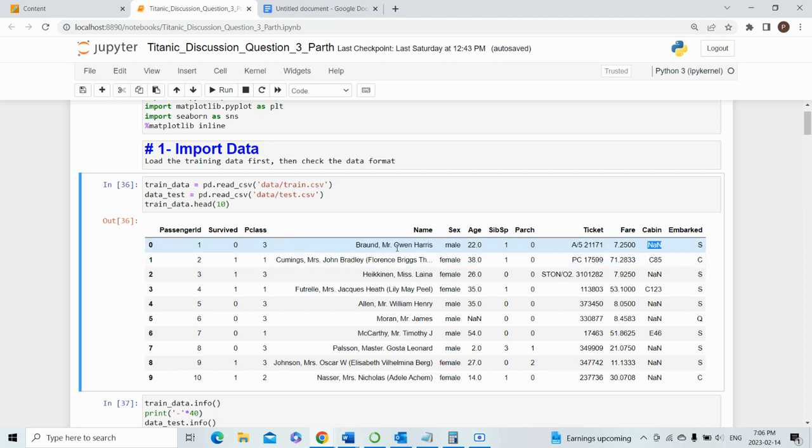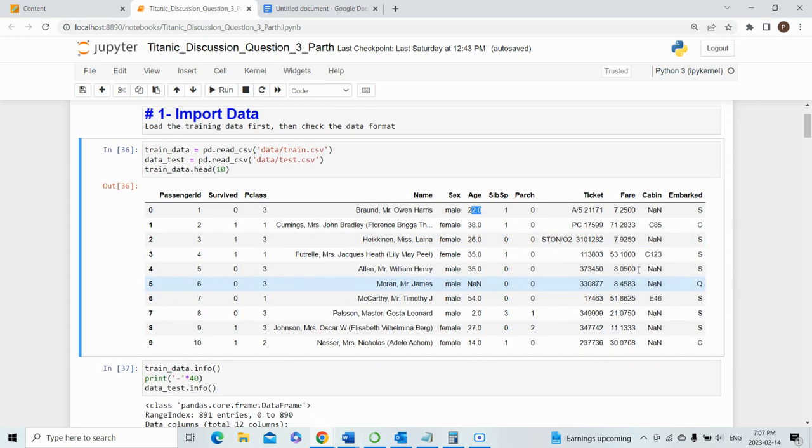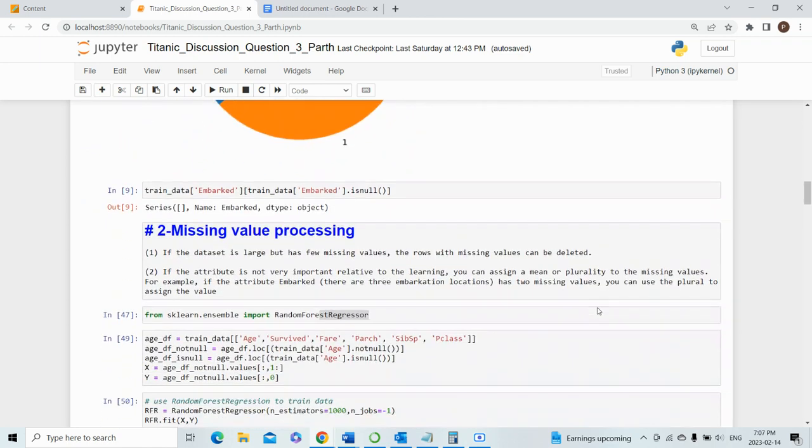We cannot delete this data, because if I have not captured the value of a cabin, it doesn't mean you don't have to count it. Age is an important criterion for predicting what age people who died were, and what age people who survived the most were. So you get a lot of stats through it. This regressor model makes sure that